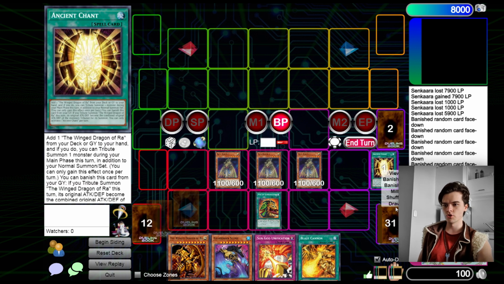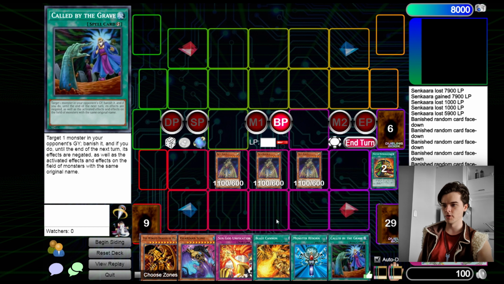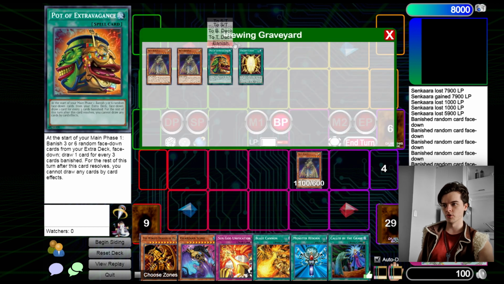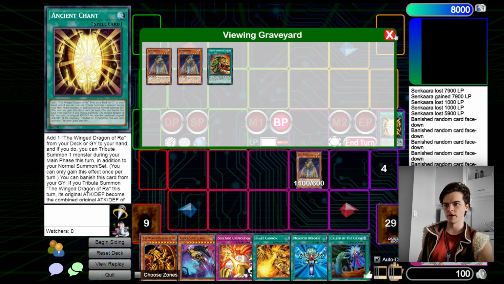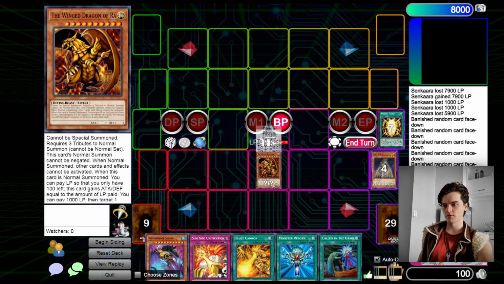Banish 6 to draw 2. Alright, got the Monster Reborn, not bad, and Called by the Grave in case of emergencies. Never know when that might come up. Awesome. Now we'll tribute these 3 bad boys. Oh, don't forget also to banish Ancient Chant from the graveyard to use its effect. Tribute these guys, summon Winged Dragon of Ra, 3,300 attack, pay all but 100 of the life points, goes up